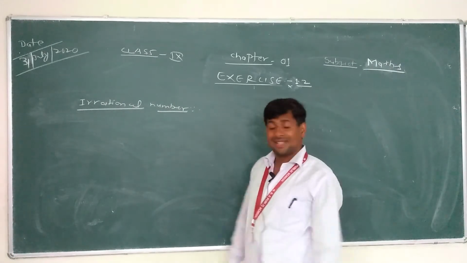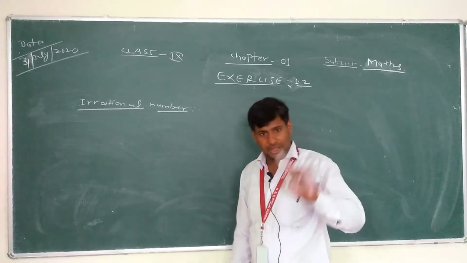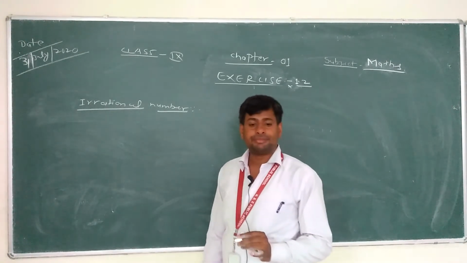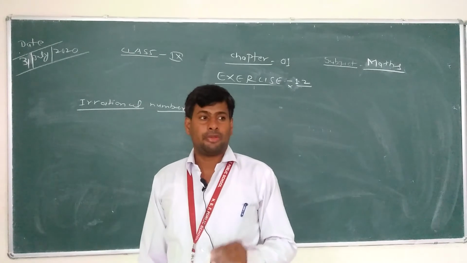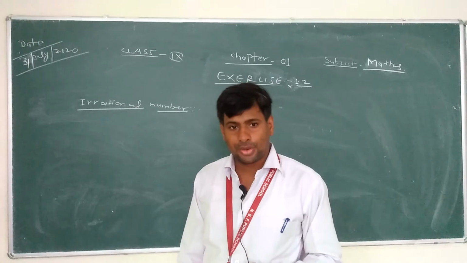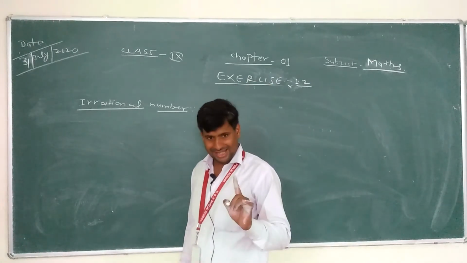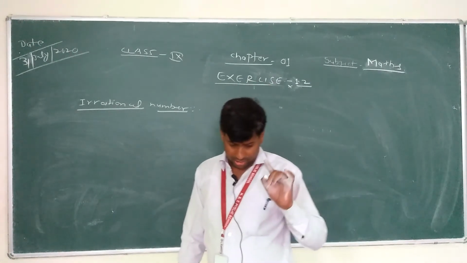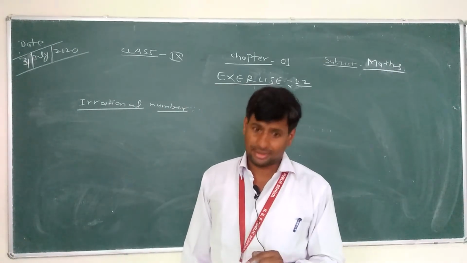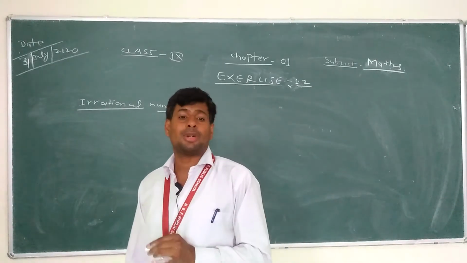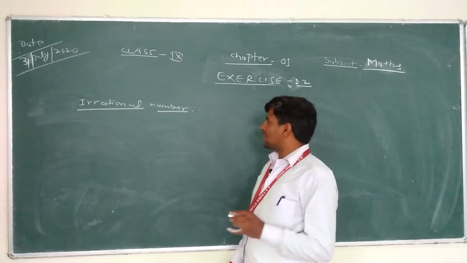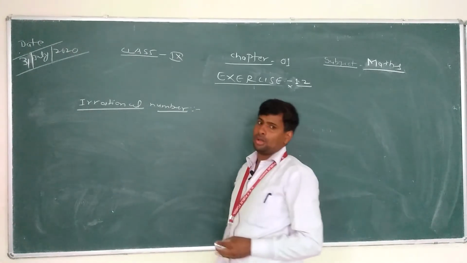You know that what is the irrational numbers? Previously, we introduced about irrational numbers. Irrational number means those numbers which cannot be written in the form of p by q, where q does not equal to 0 and p and q are integers. That's clear? Also, we can discuss about irrational number. An irrational number has only one condition, that is it is non-terminating and non-repeating.